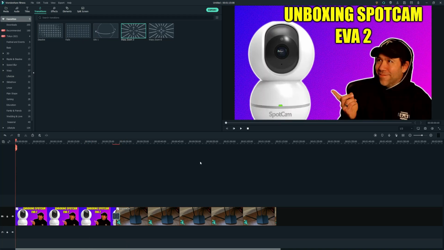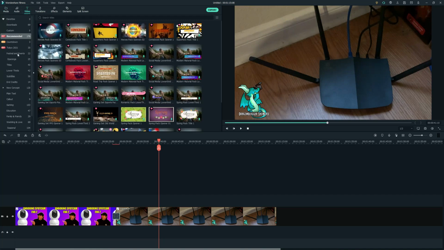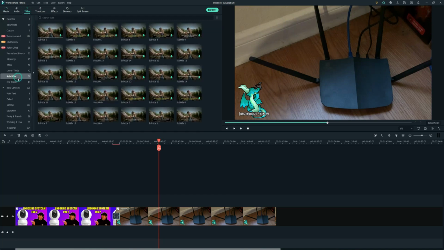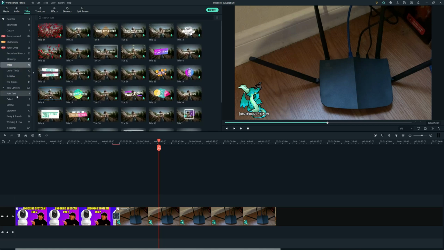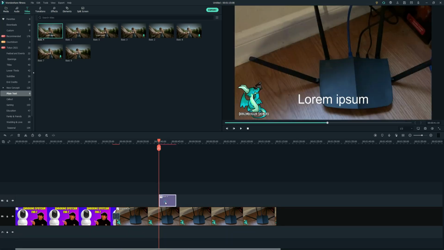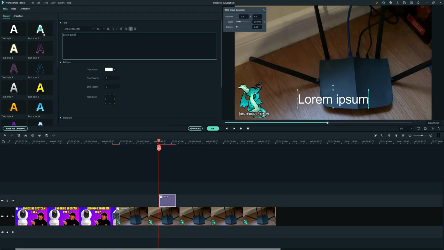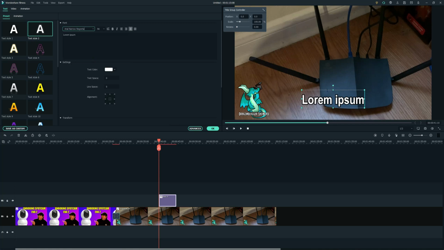The other thing you could do, if you need to add bullet points, is simply go into titles and choose what font you want. I usually use lower thirds or just generic titles, or sometimes just plain text, and you drag plain text out there, and then you click on the plain text, open it up, choose your style of text, you choose your font, you apply what you want to apply to it, make your bullet points, and basically place it where you